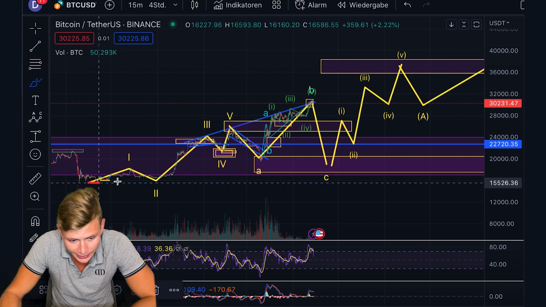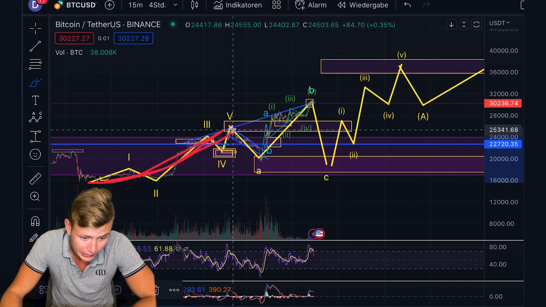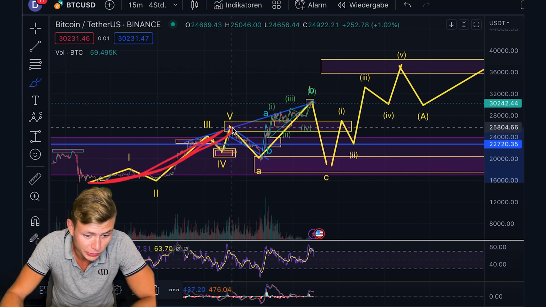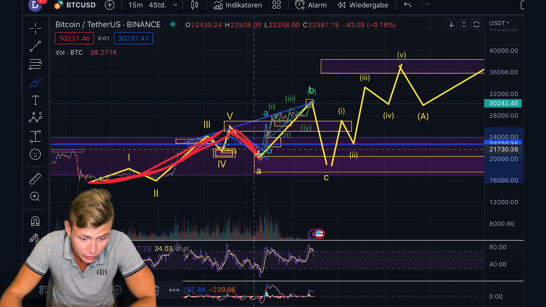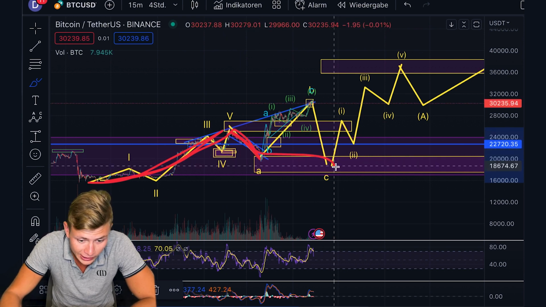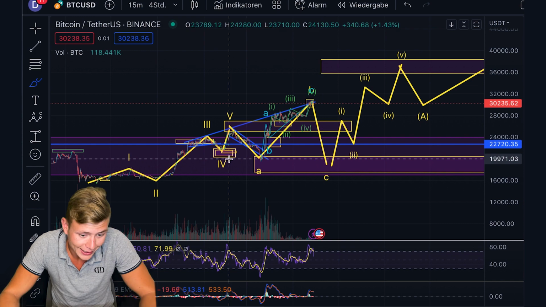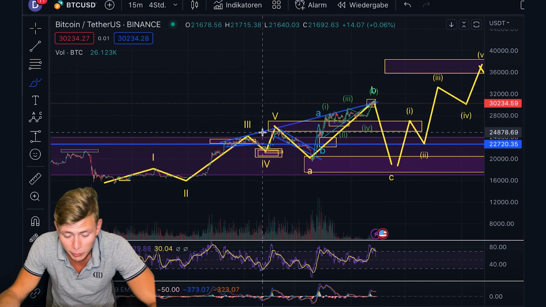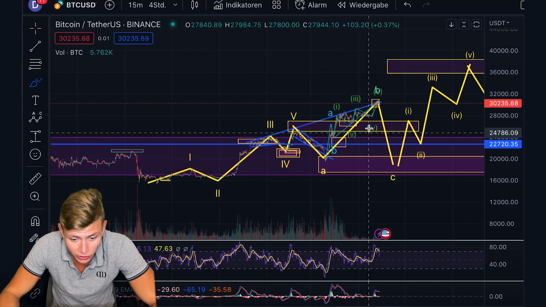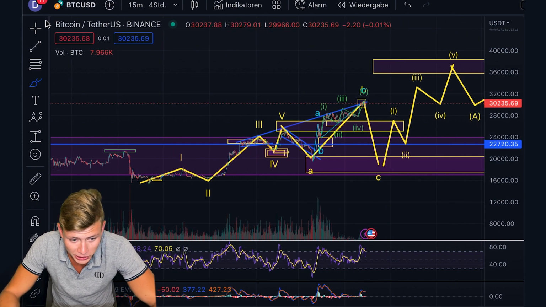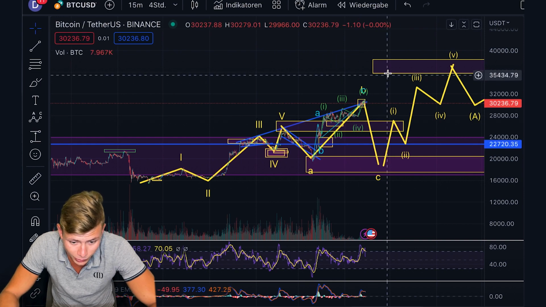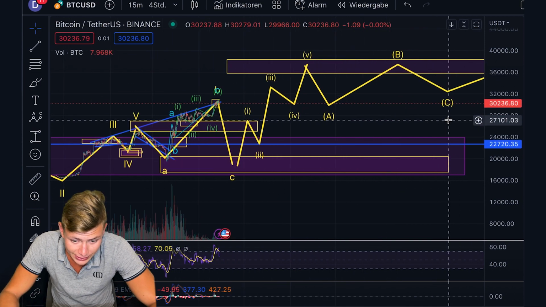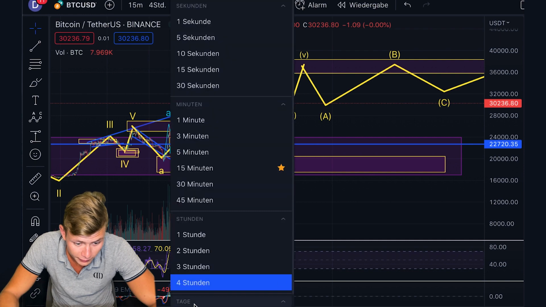I would really identify this as already a first impulse towards the upside. So the only question is: is the wave 2 here already in, or are we coming down once more in the target area? I cannot really give you decent likelihoods. In my opinion, both scenarios are now possible. So we need further confirmation to decide in which of those we are. If the wave 2 here is already in and we are pushing straight higher, then I would expect a 4th and a 5th wave afterwards.